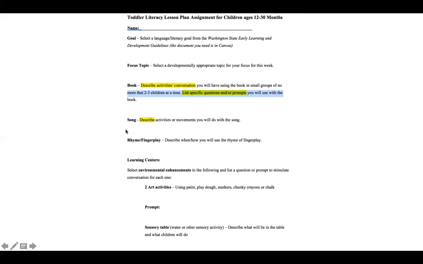You're going to find a song that supports the topic of pets, right? You're going to find a finger play that supports pets. Learning centers, you're going to choose activities for art, and then you're going to have a prompt here. Have you ever seen or had a pet? Have you ever had a pet?